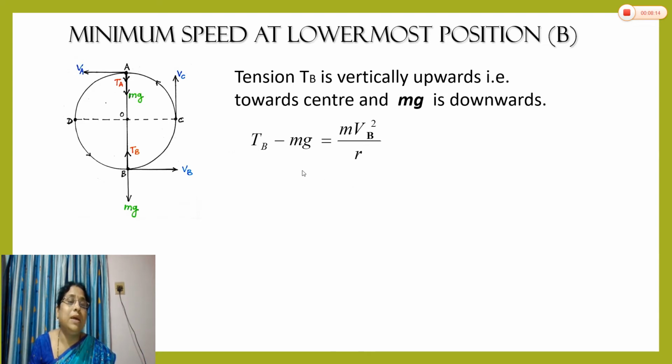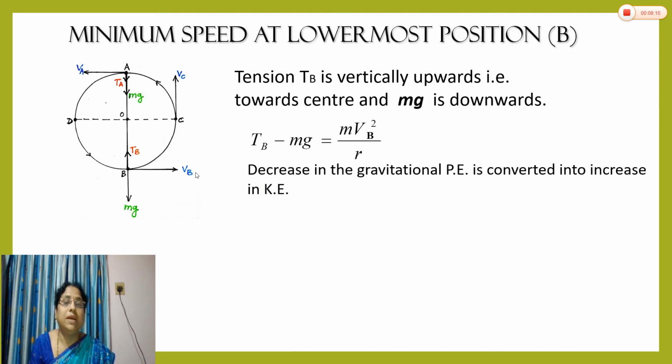But to calculate the energy here, we consider the law of conservation of energy, we can say that the decreasing gravitational potential energy is converted into increasing kinetic energy. Means when the object moves from point A to B, it is decreased by the distance twice r. See here, the distance between point A and point B is twice r, that is twice the length of the string, and that's why there is the decrease in potential energy, and velocity increases at the lowermost point, therefore there is the increase in kinetic energy.